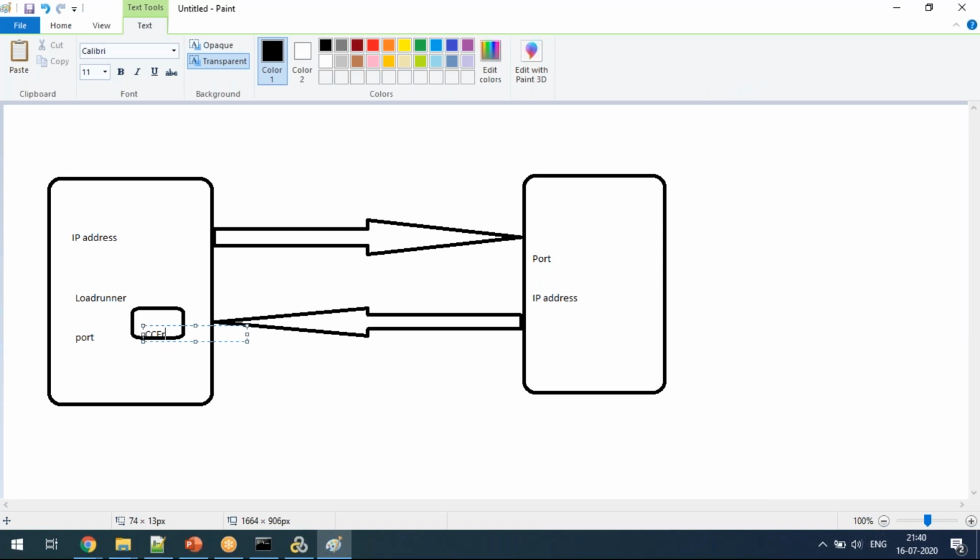Okay, what you have to do? This certificate you have to install in your mobile. Once you install that certificate in your mobile, that's all. LoadRunner is an authorized party for your mobile. So the remaining HTTPS communication will be established, guys.